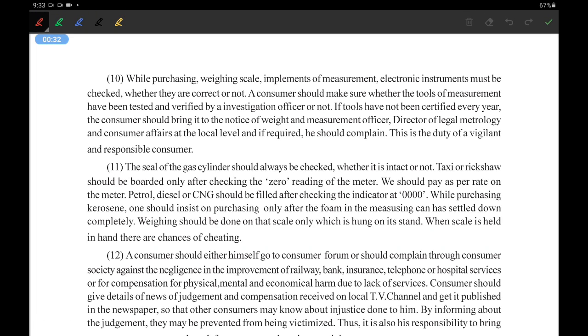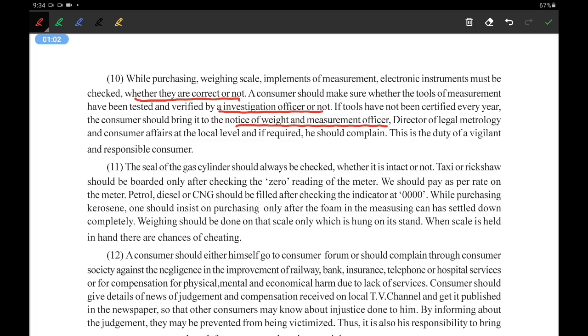So let's start. While purchasing weighing scales, implements of measurement and electronic instruments must be checked. Such things need to be correct, so they should be checked at the time of purchase. A consumer should make sure whether the tools of measurement have been tested and verified by an investigation officer. If the tools have not been certified every year, the consumer should bring it to the notice of the